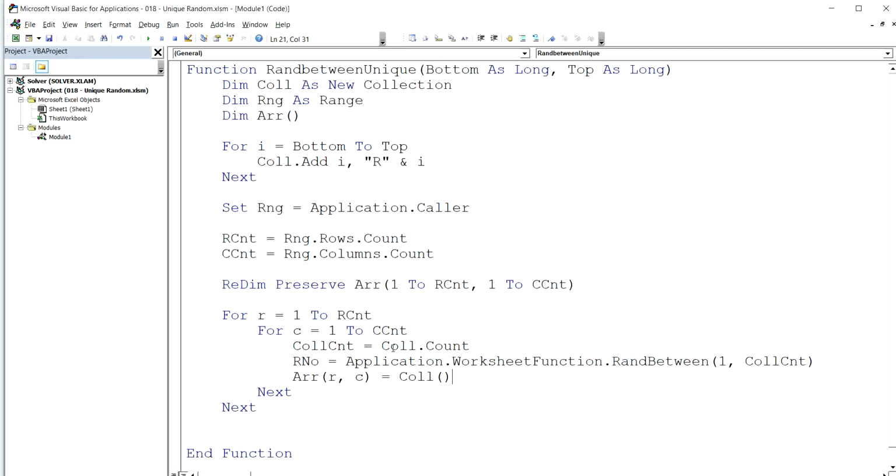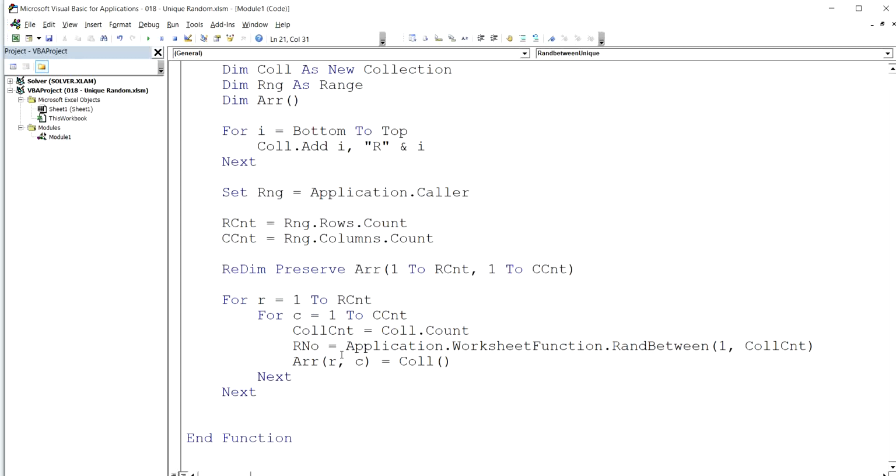But it needs to be kept in mind that this code would work only in 2007 and above versions. For 2003 it wouldn't work. But I expect that everyone nowadays is using a version greater than 2007. So this code should work everywhere. If it is not working, then a person can use the RND function. But we are not using the RND function right now because this is much simpler. So rnumber is equal to Application.WorksheetFunction.RandBetween(1, this). So it would be returning this number.